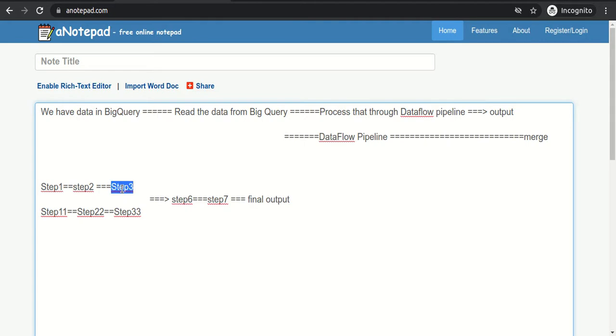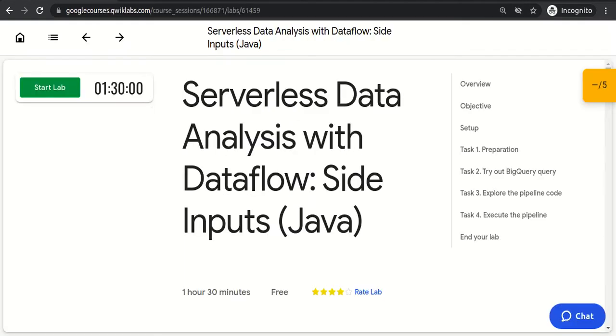So the output of the first pipeline is considered the side input for the second pipeline, or you can say the output of the second pipeline is considered the side input for the first pipeline, alright? So we will see all this.